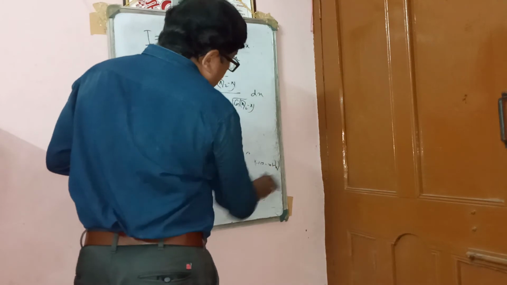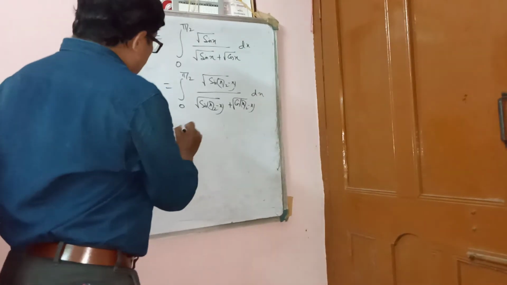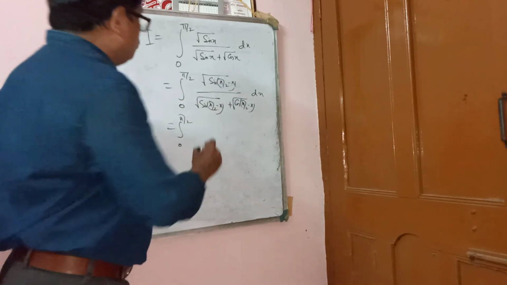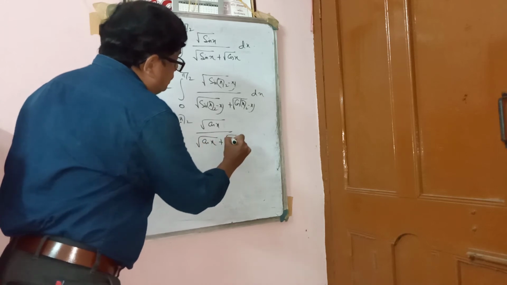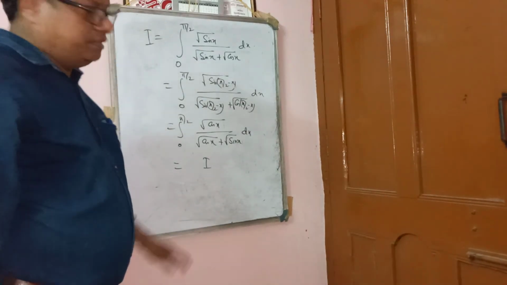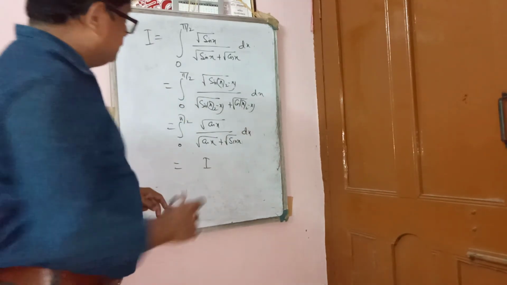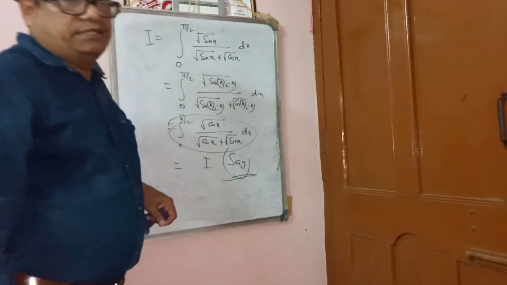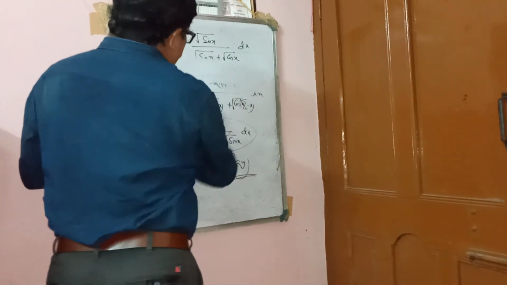So using the property, write the integral from 0 to pi/2. Here sin of 90 minus x will be cos x. So write root cos x over root cos x plus root sin x dx. Consider this as I. Now add: I plus I is 2I. This part is again I, the integral. So write 2I equals